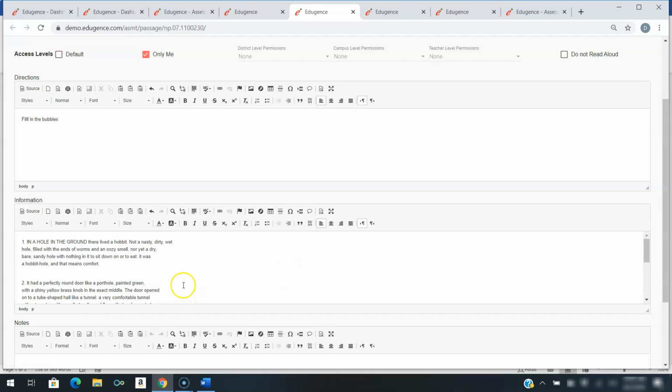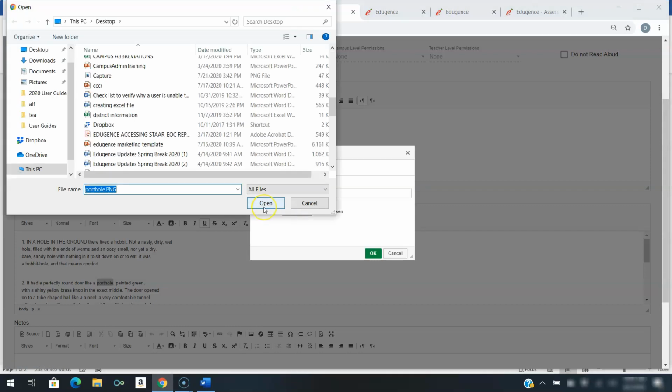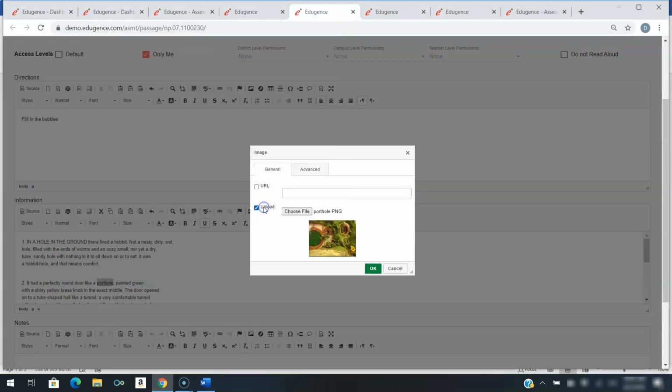Now, I may want to format this. For instance, if I'm going to ask a question about a particular word or a particular sentence, I can go back in and underline that word. And I can also insert an image if that's part of the passage by clicking on the image icon. I want to choose my file, click on Open,